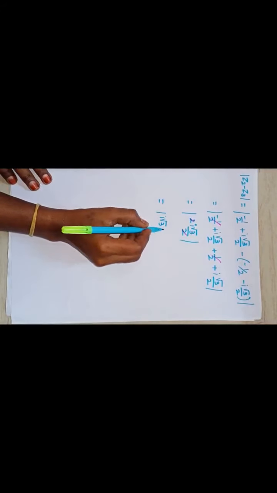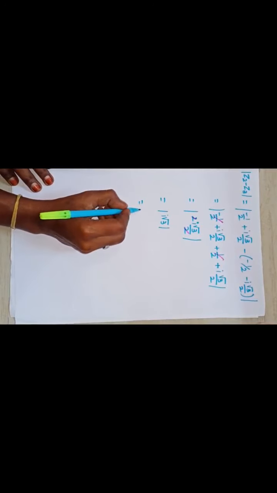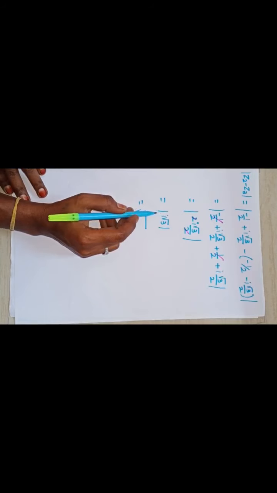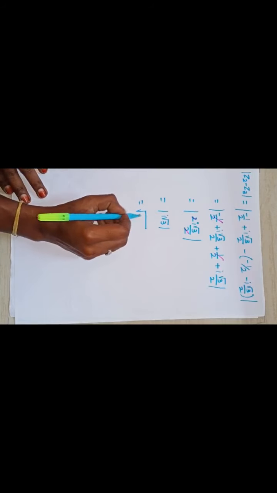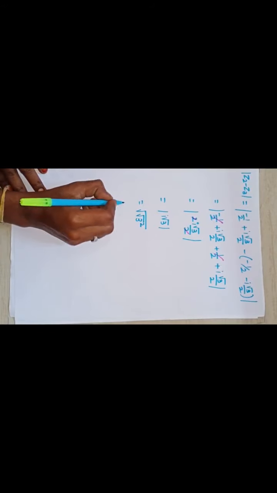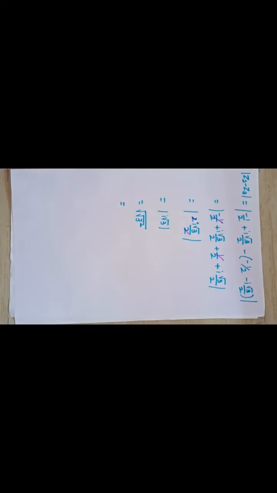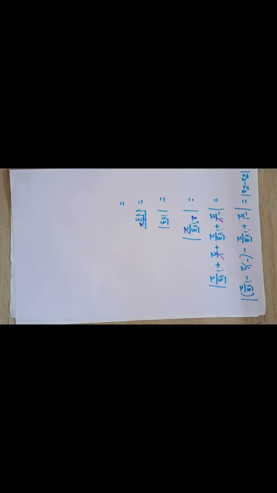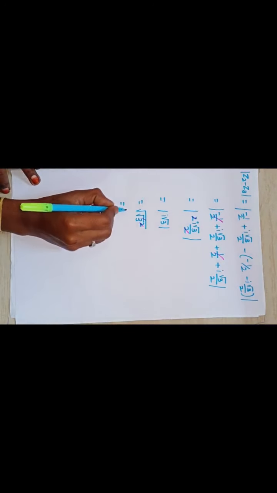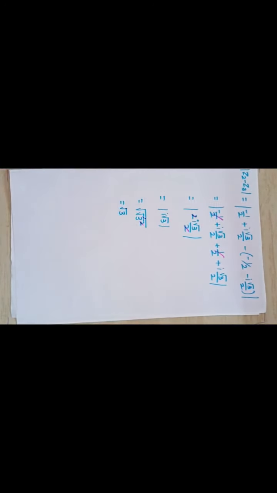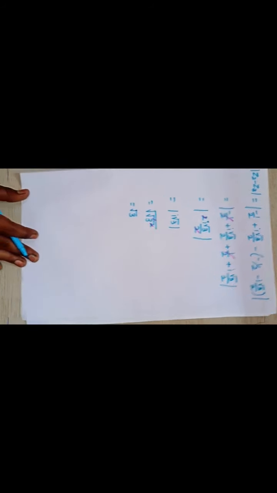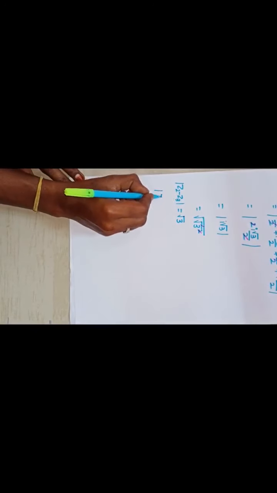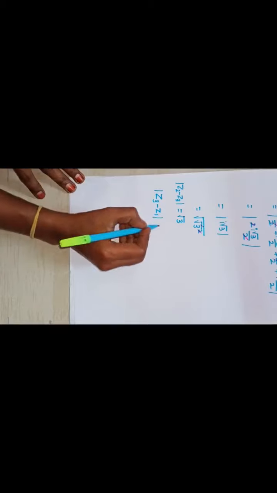Modulus of i root 3 is nothing but square root of x square plus y square. Here, real part there is no x, so 0 square plus imaginary part is root 3, so root 3 square. Square and root get cancelled. So finally we got square root of 3 only. Square root of 3. Am I right? Next, see, modulus Z2 minus Z3. Next, see, modulus Z3 minus Z1.